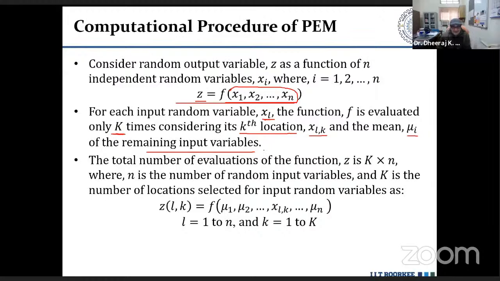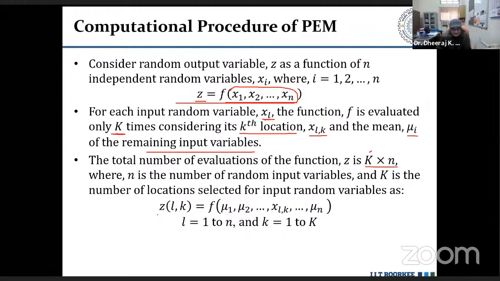So total number of computations or evaluation of function of z is basically k into n. For each variable k times, and the total number of variables is n. So we have to perform evaluation of function k into n times,